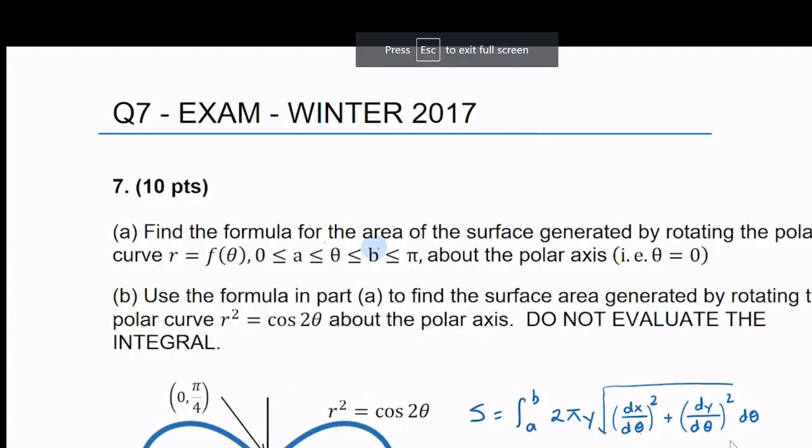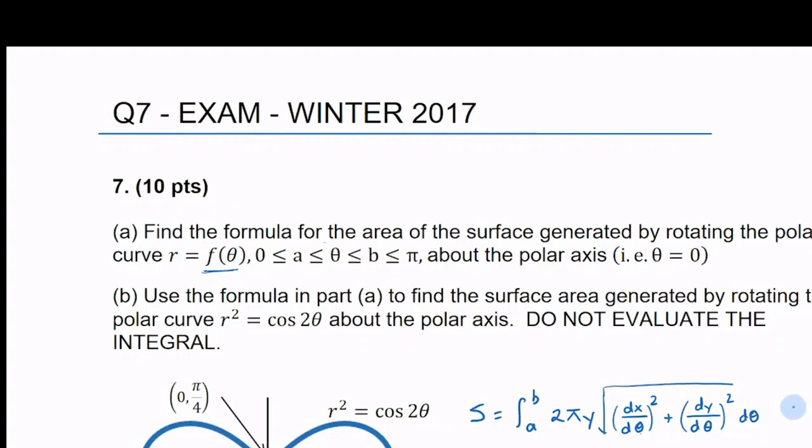Find the formula for the area of the surface generated by rotating the polar curve r equals f of theta, where you're rotating from theta equals some value a to b, which is located between 0 and pi. The rotation is about the polar axis. So the polar axis is essentially the x-axis here. Because we're going to be using polar coordinates as a form of a parametric equation,